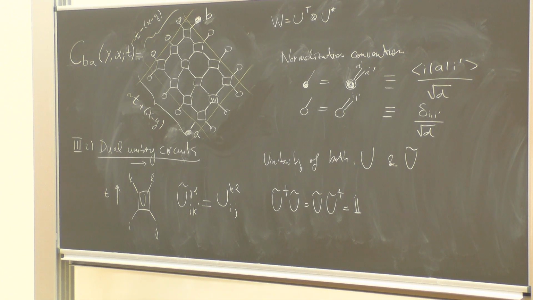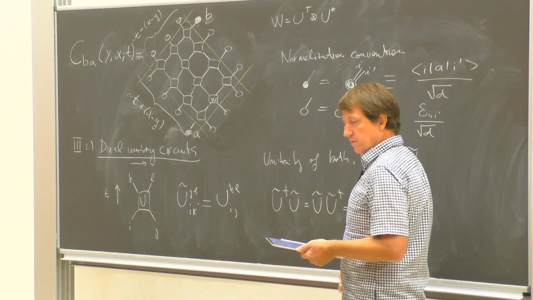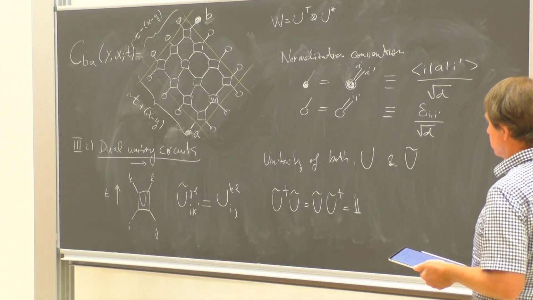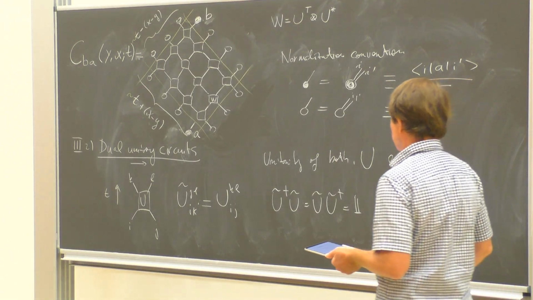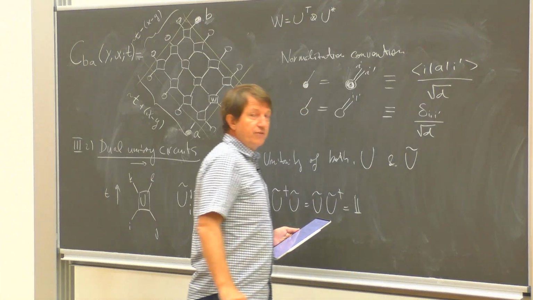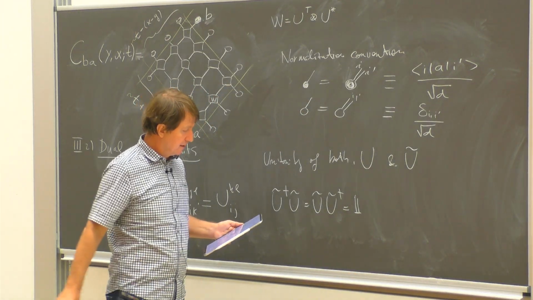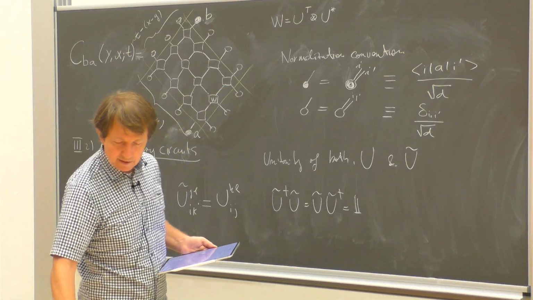You think, okay, these are many additional conditions, so maybe there are not even any non-trivial solutions. It turns out that there are not so many fewer solutions when you require this additional condition than if you just require unitarity. It turns out that you just fix 2 additional parameters if you have qubit gates. So I hope I'll come to discuss this more in detail. But